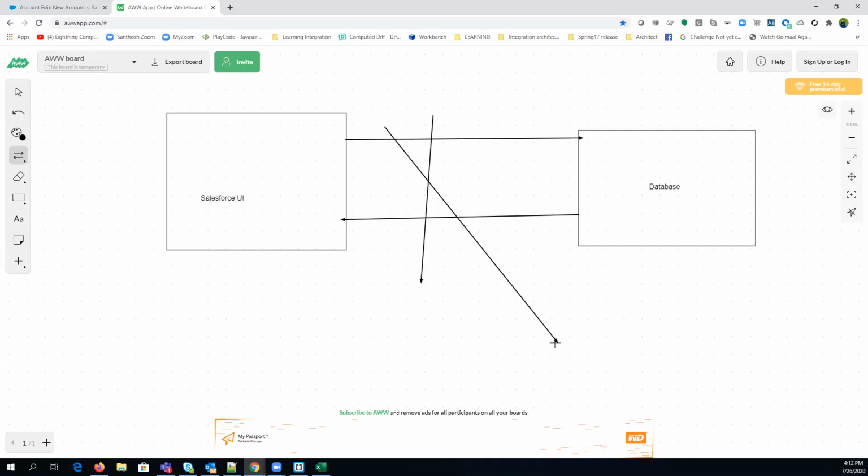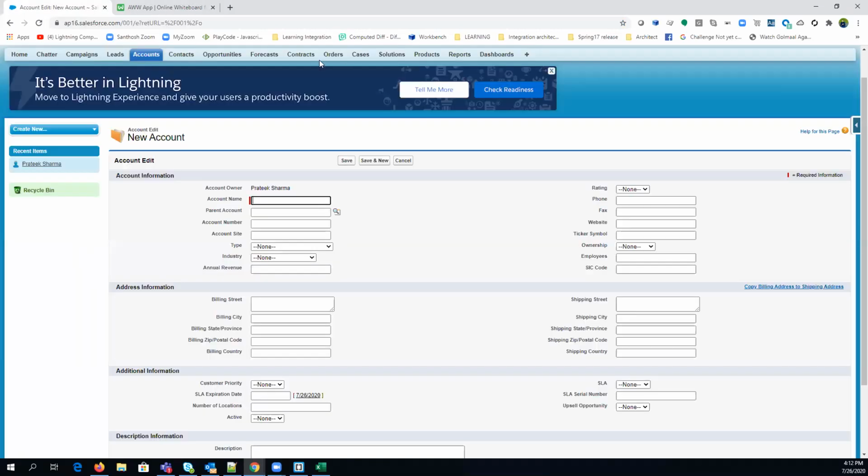The only thing you can view here is the database in the form of objects. As we all are aware, each and every custom or standard object we have in Salesforce is a database table in the database. Is that clear, guys? Any question till now?